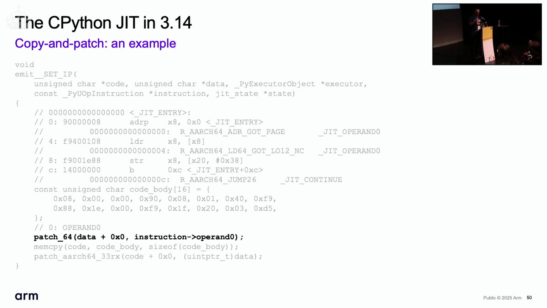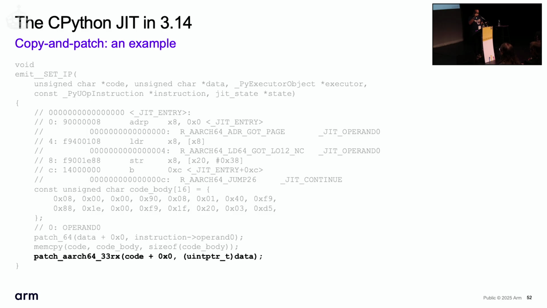This specific function does three things. It patches the operand using patch64, which writes the actual runtime value. It copies the stencil into the code buffer with memcpy. And then it calls patch